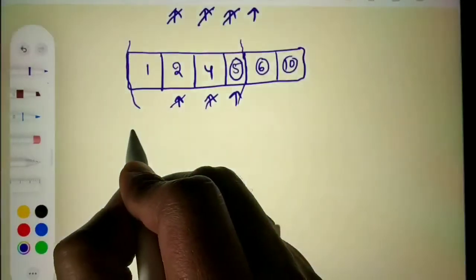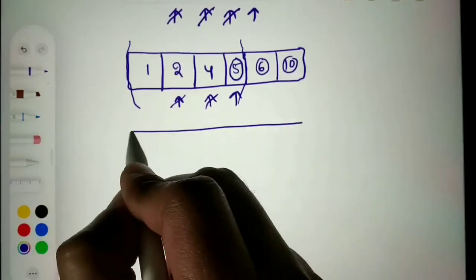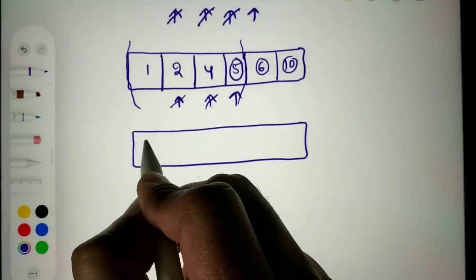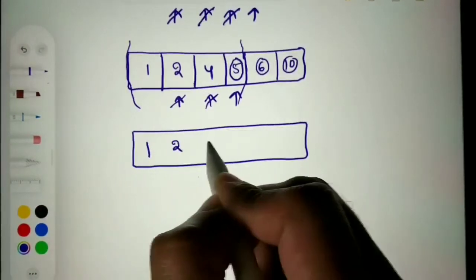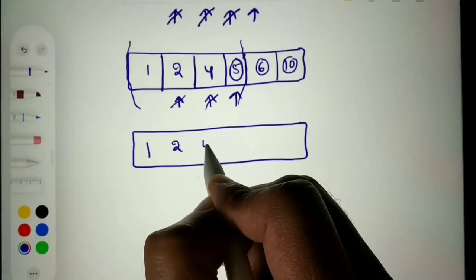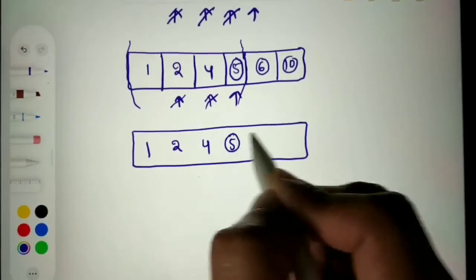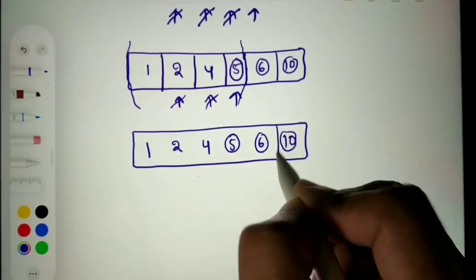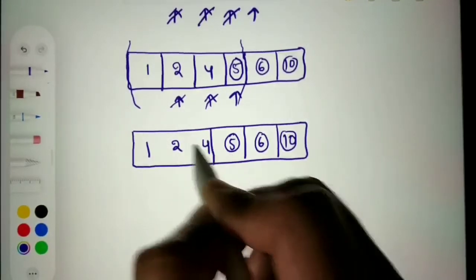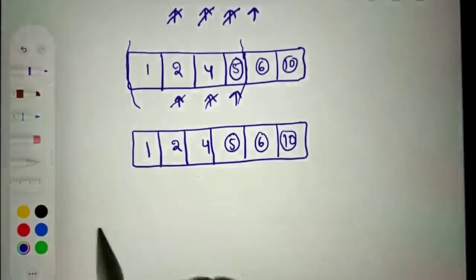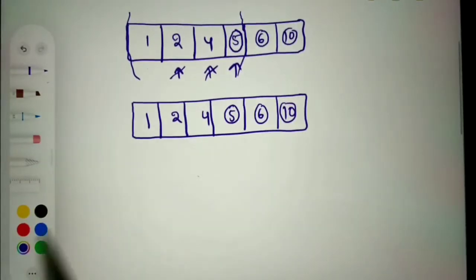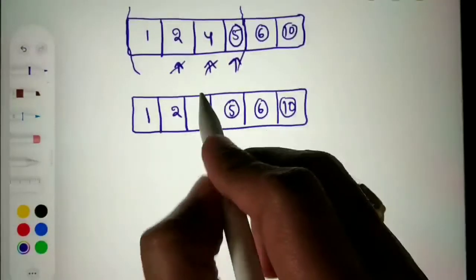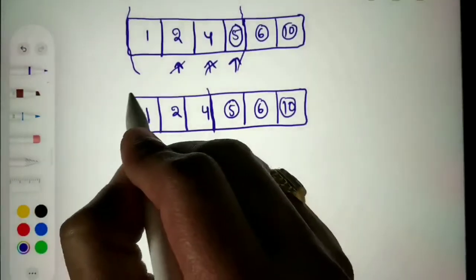And so now the leftover array is this one.